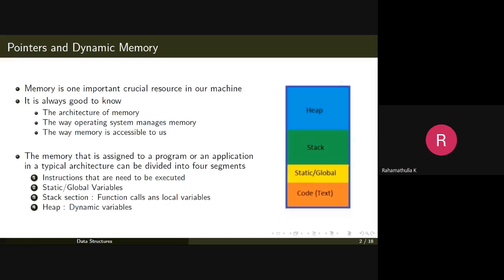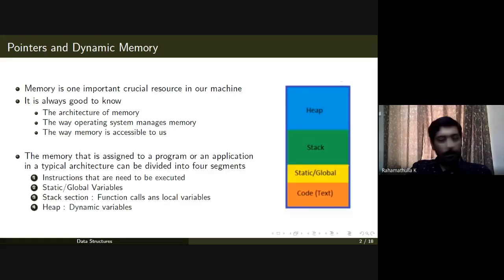The memory that is assigned to a program or an application running on a system in a typical computer architecture can be divided into four segments as shown. We call them sections. The first section is called the code section, which contains the instructions or the program executable code that needs to be executed.